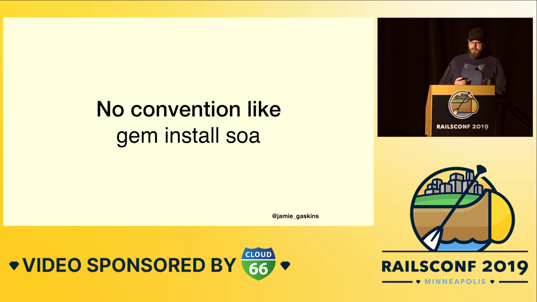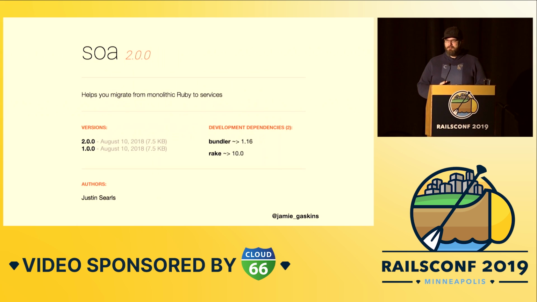Another downside is that there's no real convention around this. As Rails developers, we love our conventions. We like being able to install a gem, and we just get a lot of functionality out of the box. But there's no way to just say gem install SOA and you get a service-oriented architecture for free. After I wrote that slide, I actually checked, because maybe somebody's done a half-baked attempt at this. Sure enough,